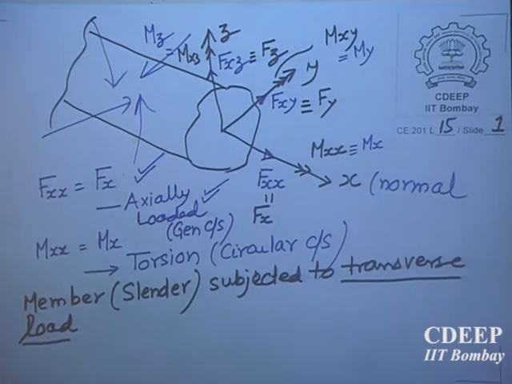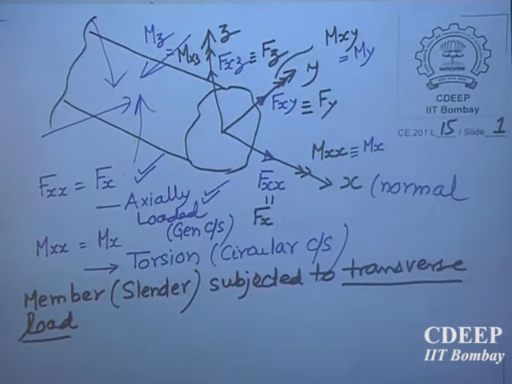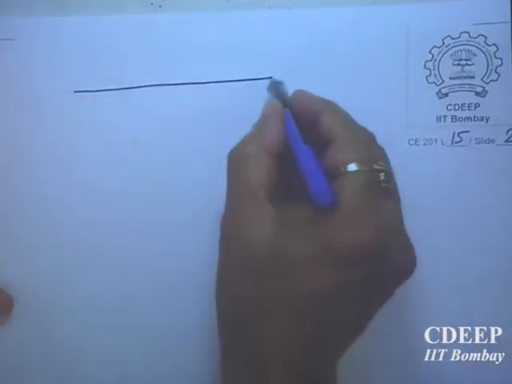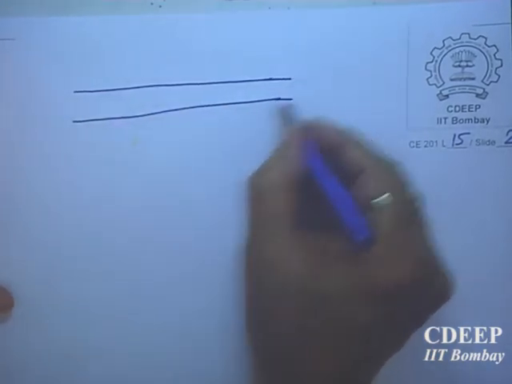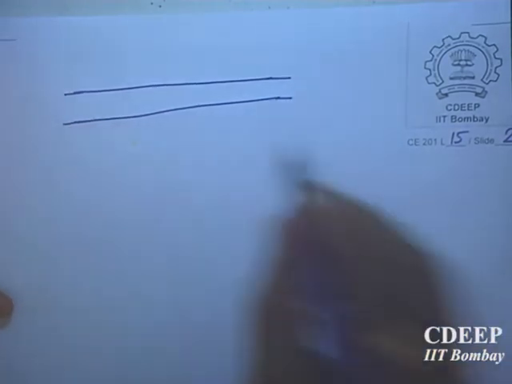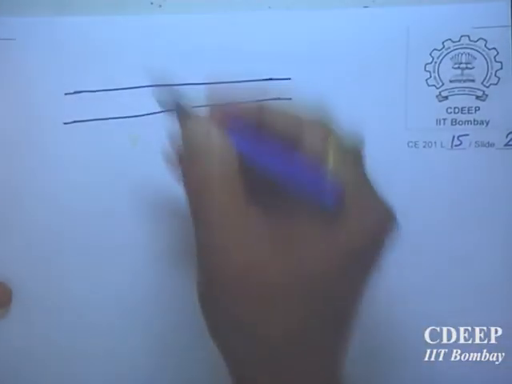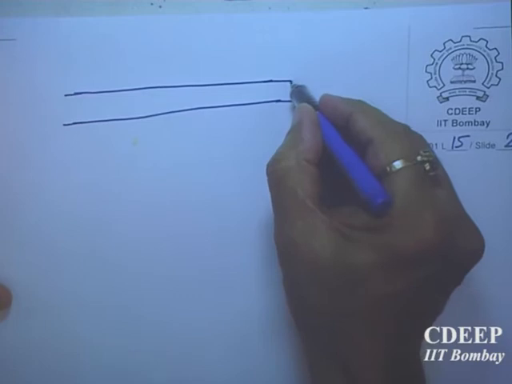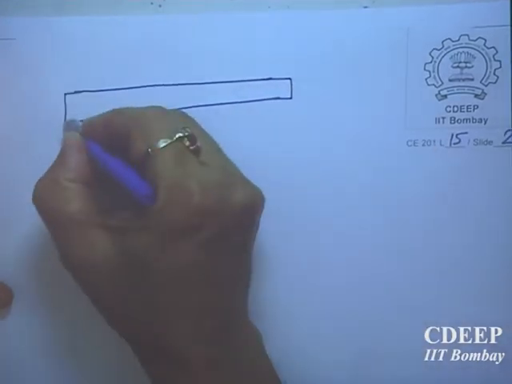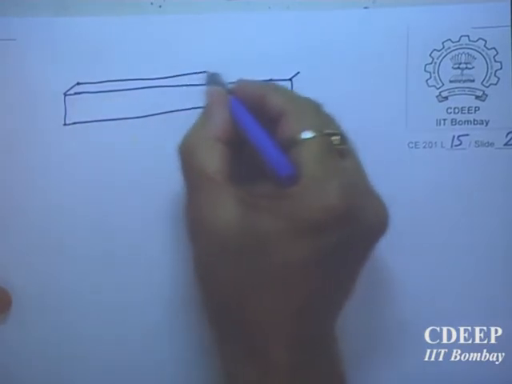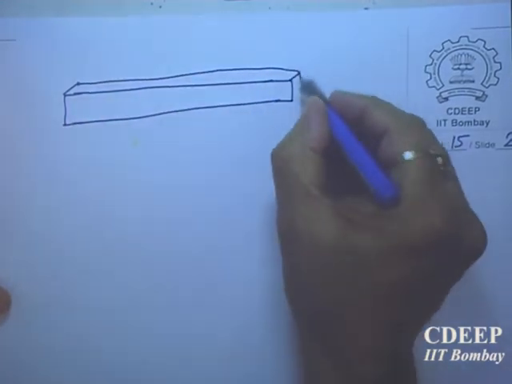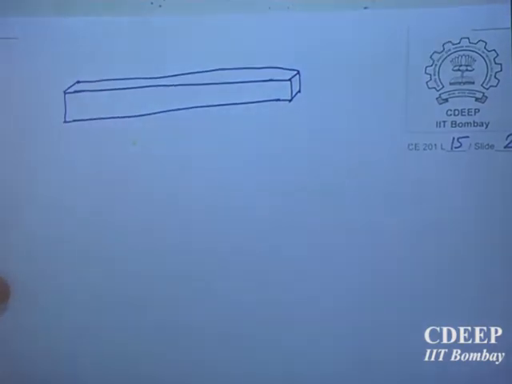So what happens to the member? Member gets bent. So now I am taking a member, cylinder member, just to simplify the problem, having some cross section. For simplicity, I am taking a rectangular cross section,